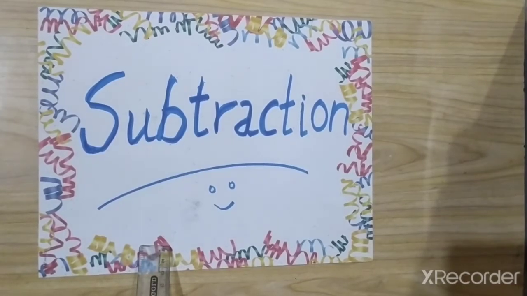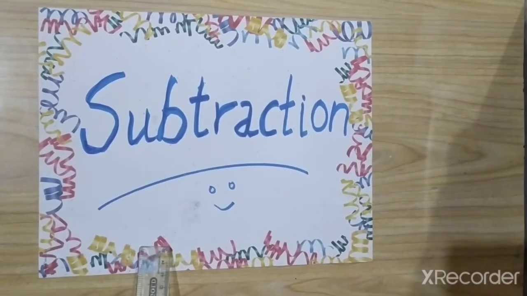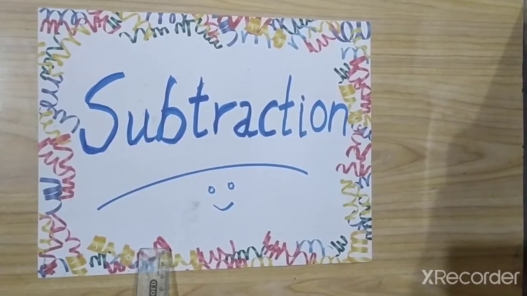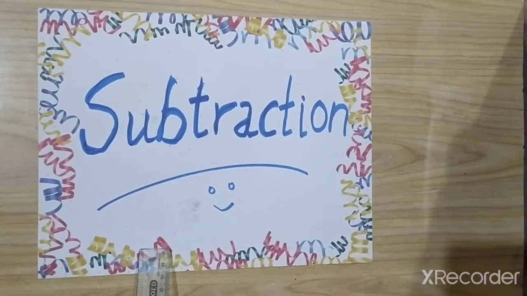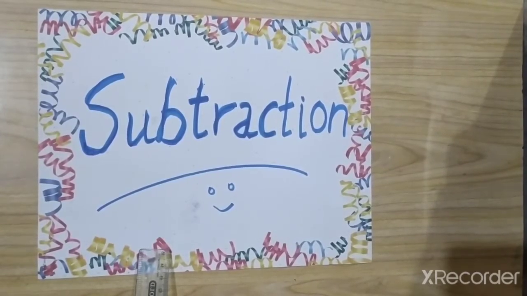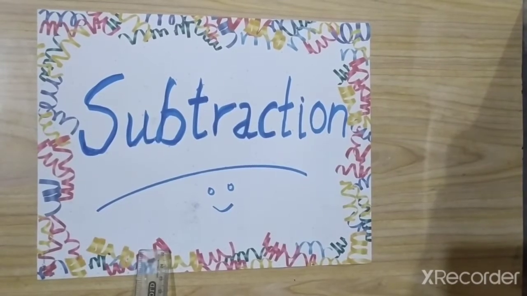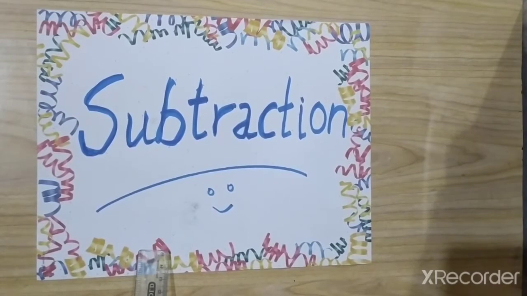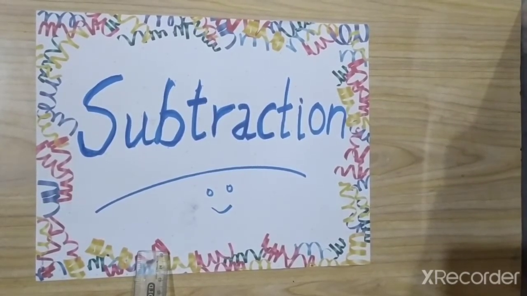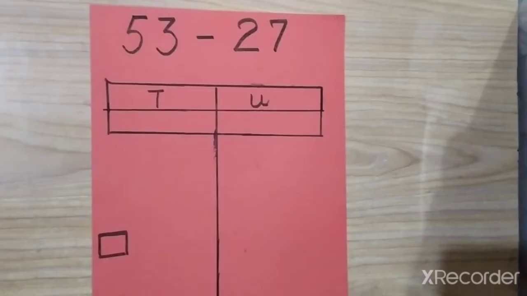Subject: Maths. Topic: Subtraction. Children, you have already been practicing subtraction last week. I think first we started with 2-digit number subtraction and then we moved on to subtraction of 3-digit numbers. I'm sure all of you have been practicing it well, and now let's move on to subtraction of a slightly more difficult level. So are you ready to get started?